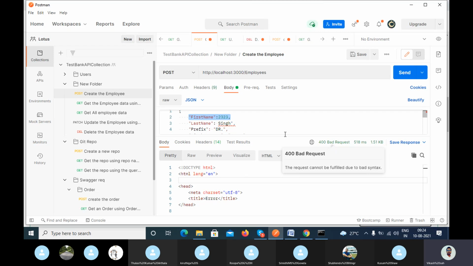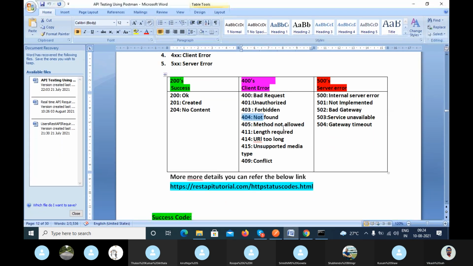Now, 400 Bad Request: in the interview, they will ask you when you get the 400 Bad Request, so you have to explain this very nicely. Now, coming to the other section, 404 Not Found.